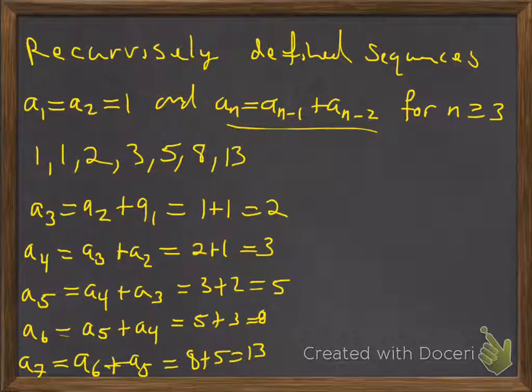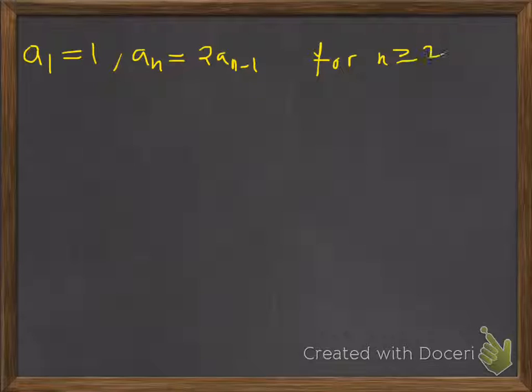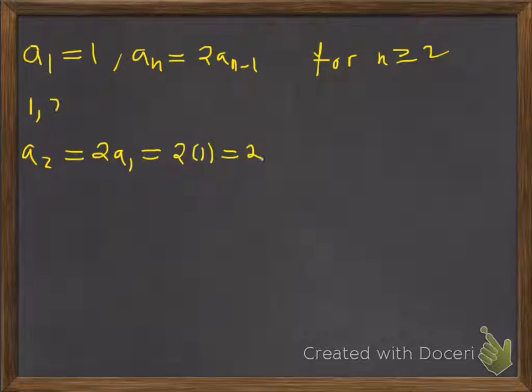All right. So let's go ahead and look at another one here. Let's say that the first term is defined to be 1. And then to get to the next term, we have to multiply the previous term by 2. Okay, so we'll put in 1. To get to A2, we need to multiply A1 by 2. So we got 2 times 1, which is going to be 2. So in a sense, we're just doubling the